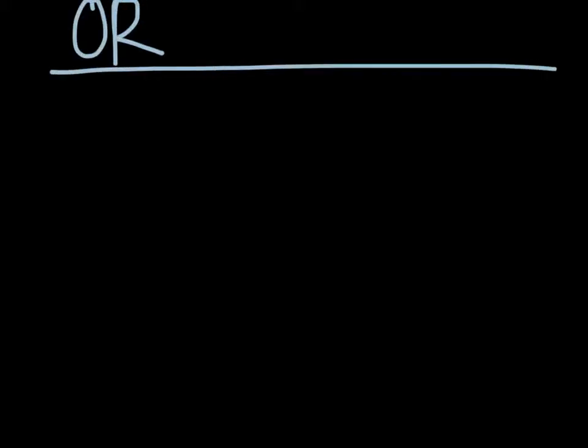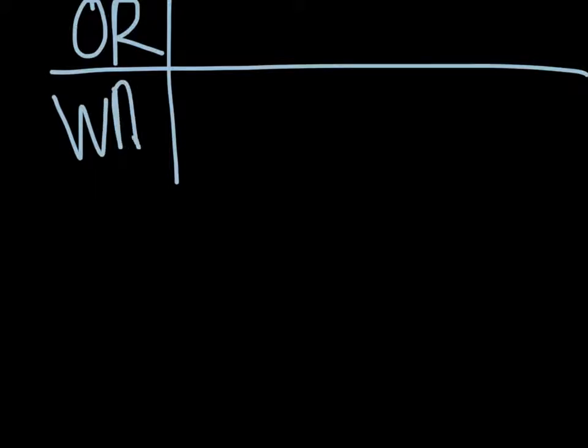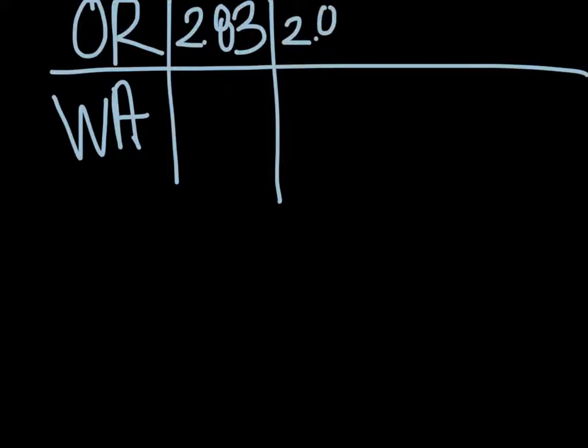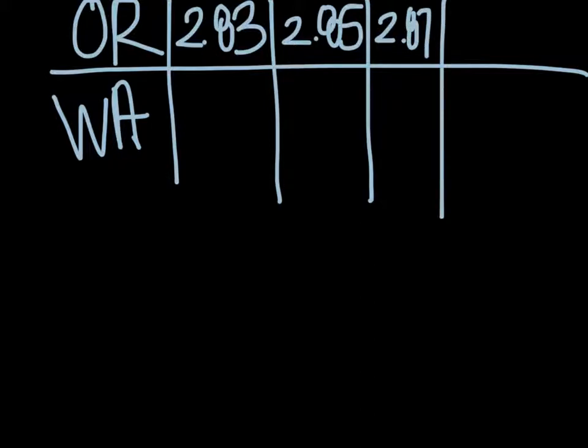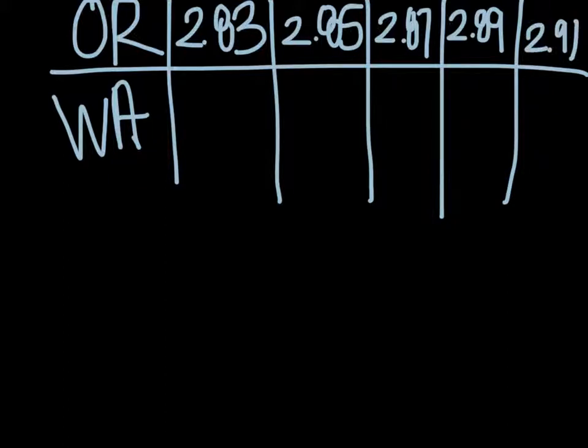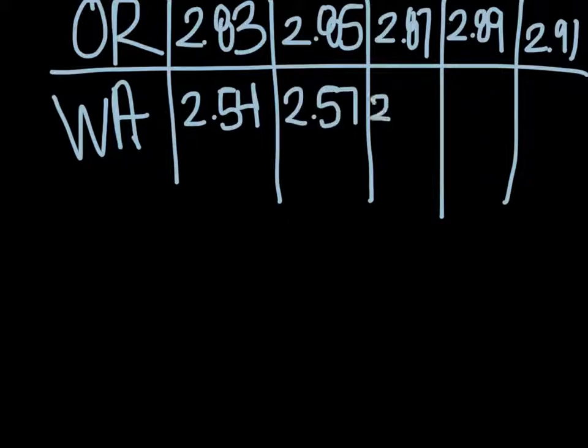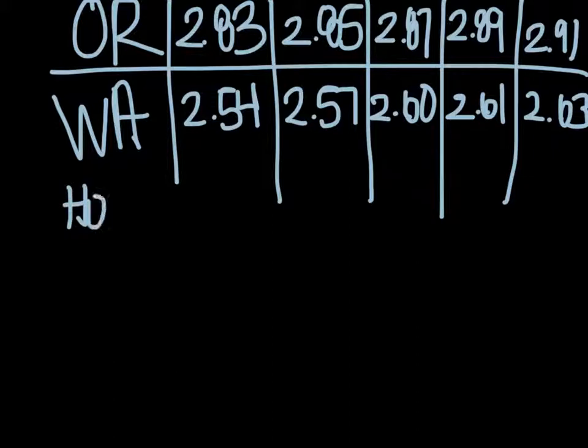The following data is from OregonLive.com and WashingtonGasPrices.com. Oregon is 283, 285, 287, 289, and 291. Washington, 254, 257, 260, 261, and 263. So for these problems, you have to find a null hypothesis, which is H0, and then an